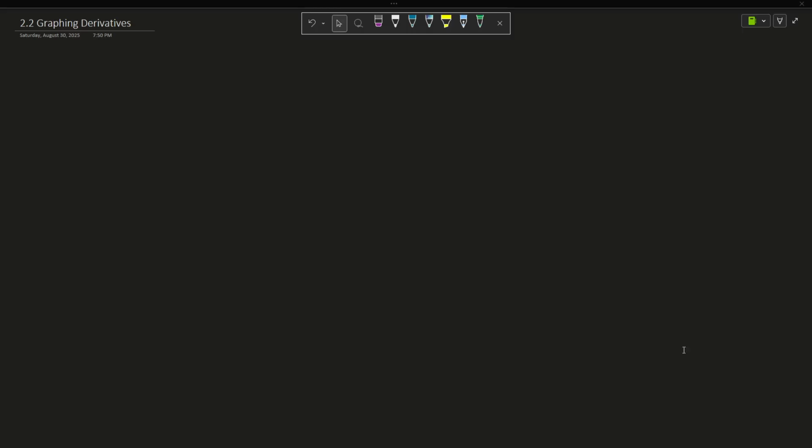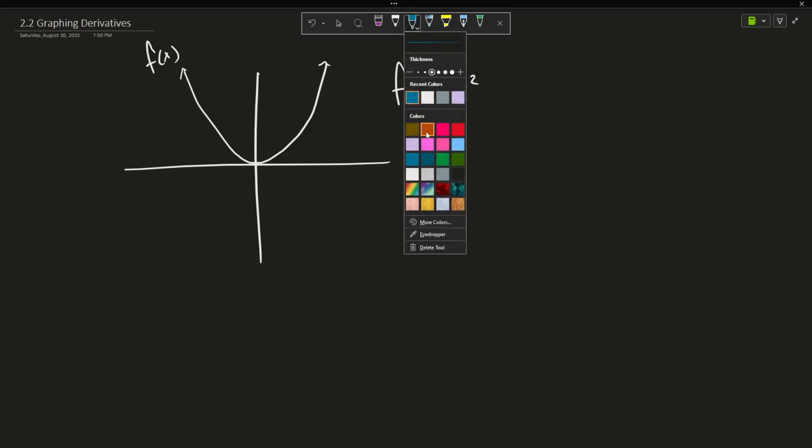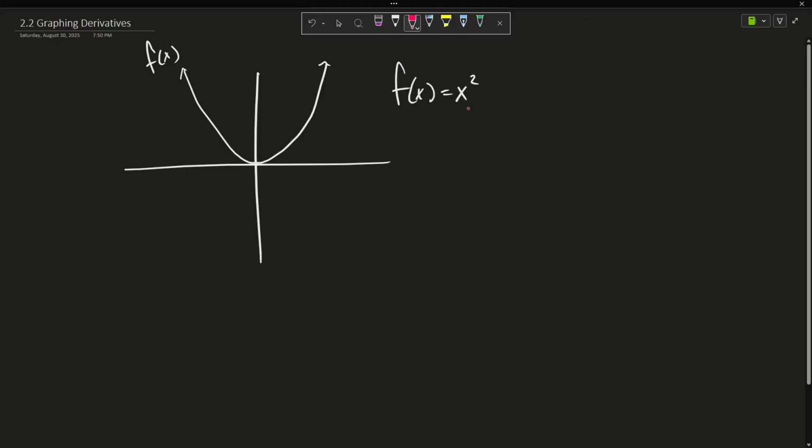So last class we went over a couple of graphs. Where if we're given a function, let's say a function f of x equals x squared, and it wants to graph the derivative. So this is f of x. If I were to ask you to graph the derivative, how would we do it? Well, the derivative,